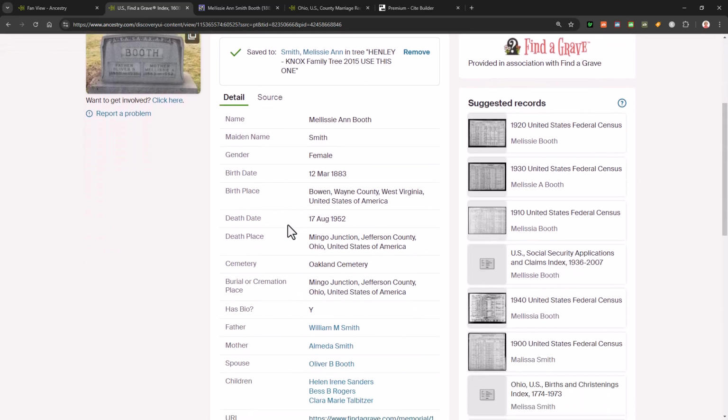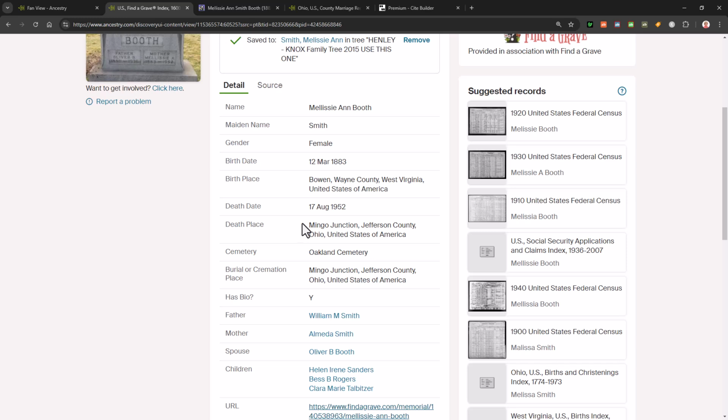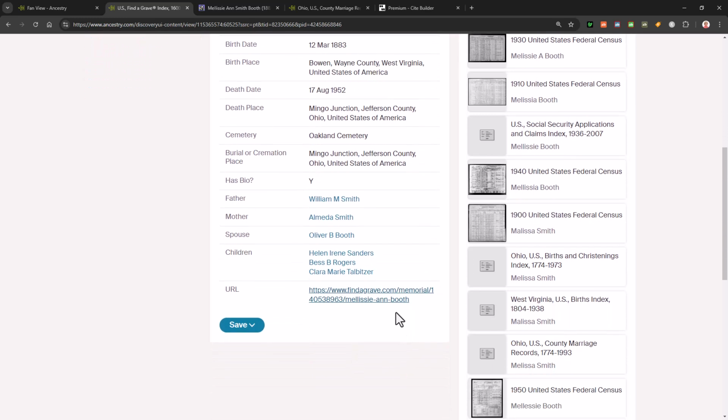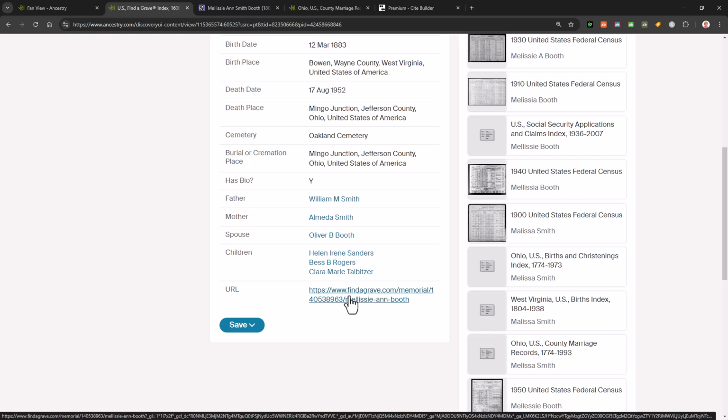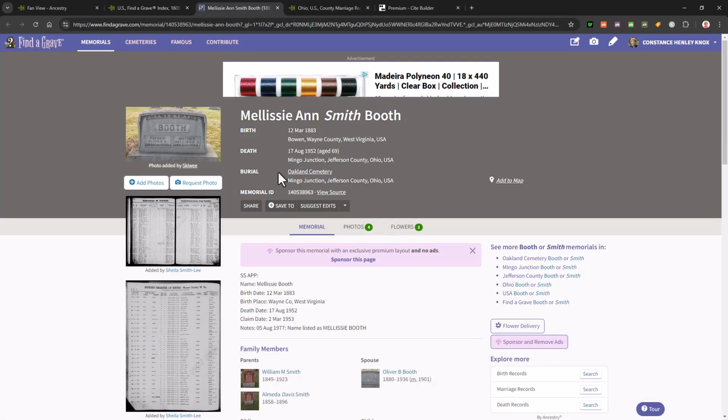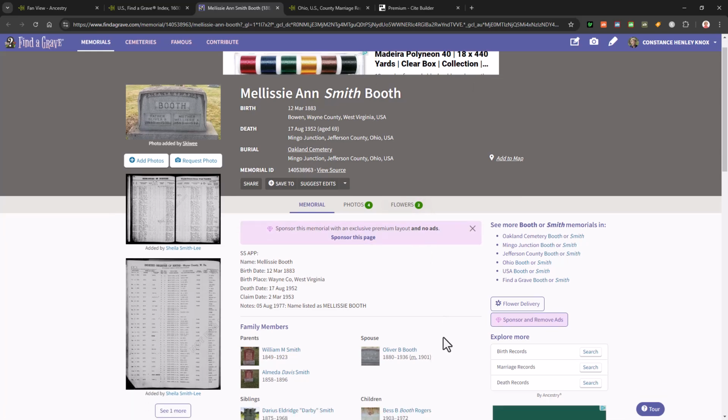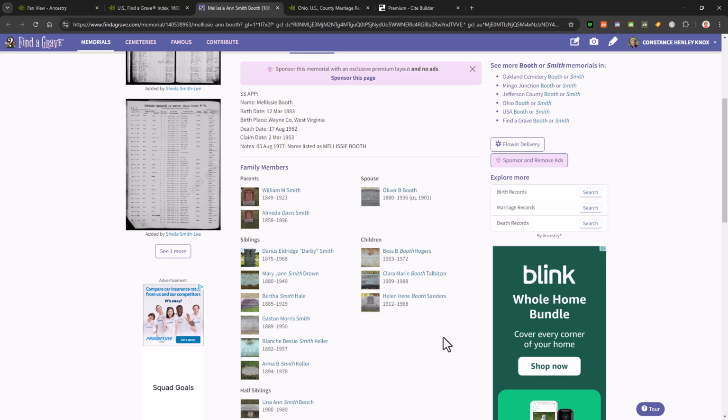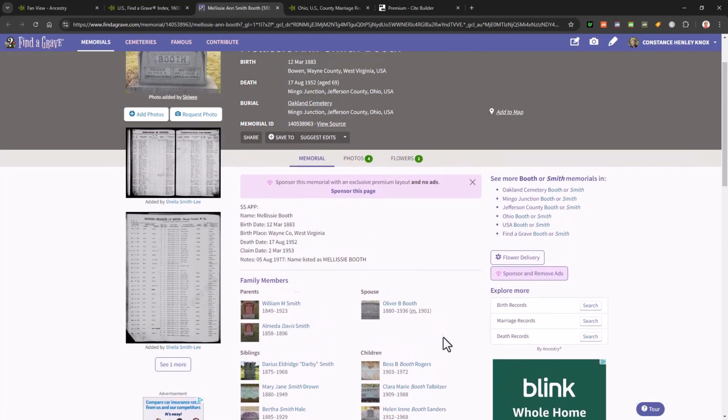Even though Find a Grave is user input and we kind of have to take the information in there with a grain of salt, we always want to drill into the actual URL. And so I did. And I realized that there might be a few things that I could point out here that might be helpful. And I'm sorry about the ads. God knows if I could get rid of them, I would. But anyway, long story short is